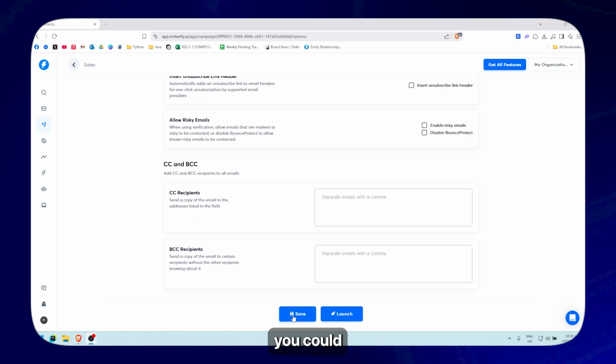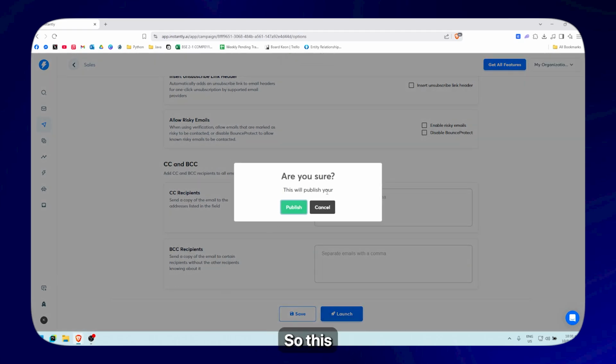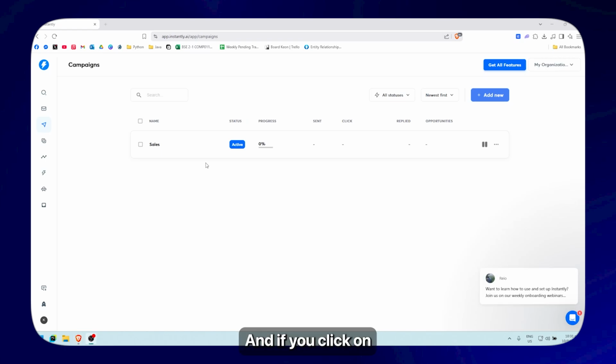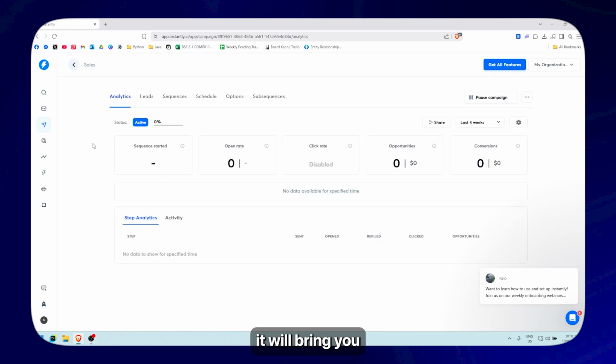And once you're done, you could either save this, then launch it right here. This will publish your campaign, so just simply click on publish. And as you can see, my campaign has now been launched. If you click on that particular campaign, it will bring you to the analytics. It will show you the sequence started, so the number of leads that have been sent at least one email in this campaign,